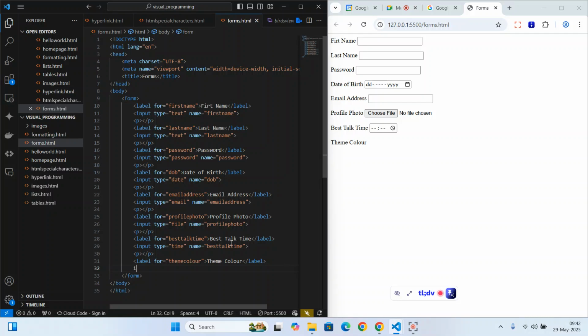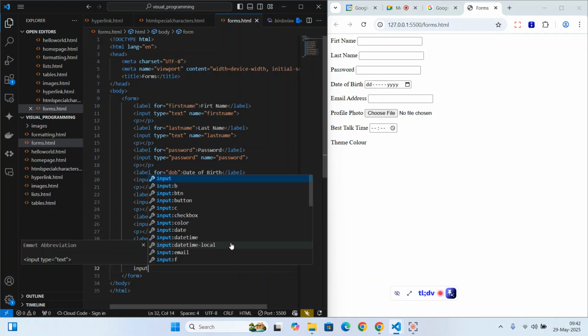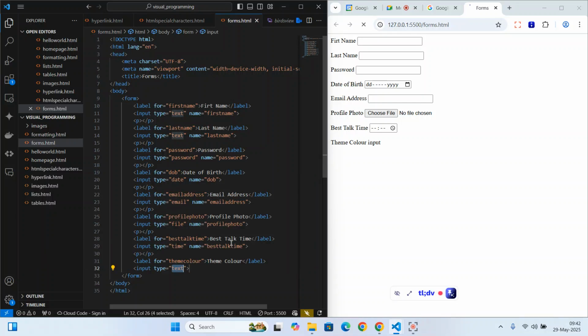So I can come here and simply put an input. Now the type would be color, the American spelling, not colour the European spelling. If I put the UK spelling here, that will not work out. It will default to text. If you put something that it does not understand, it defaults to text. So color is color with the US spelling, not the UK spelling. Then I'll give it a name here, which is theme